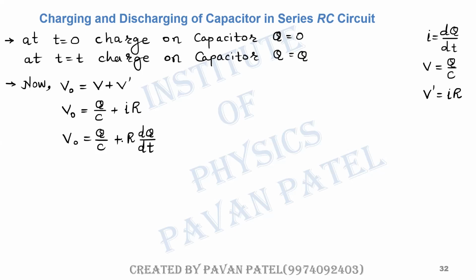Q को find out करना है. So पूरा equation हम Q के terms में लेके आए. That was the purpose. I की जगह पे dq by dt रखने का वो reason था, right?